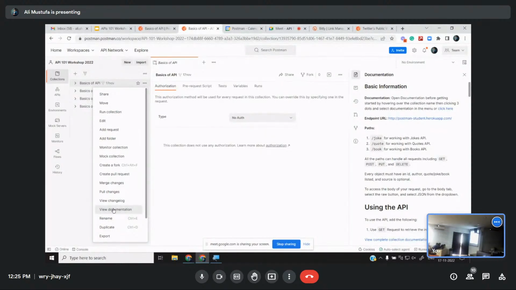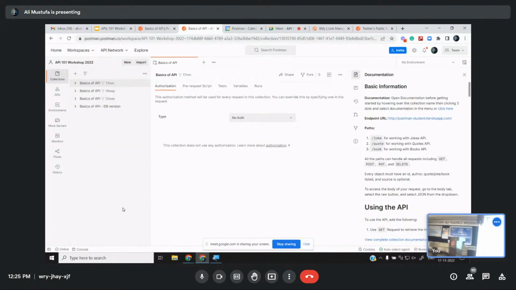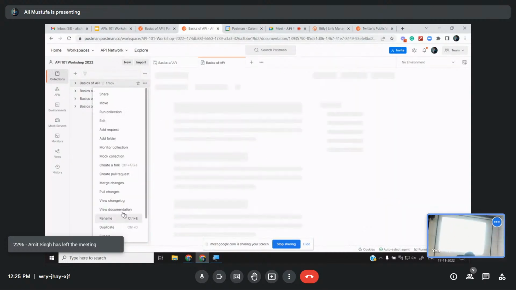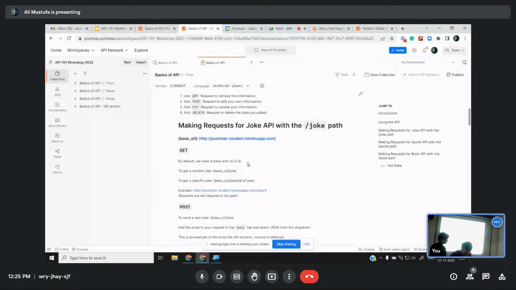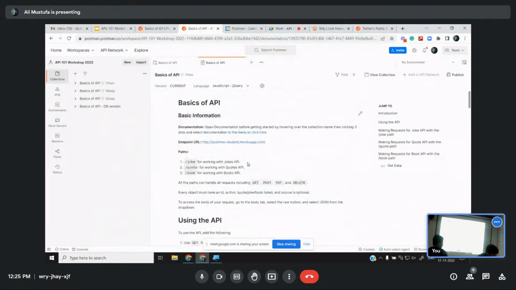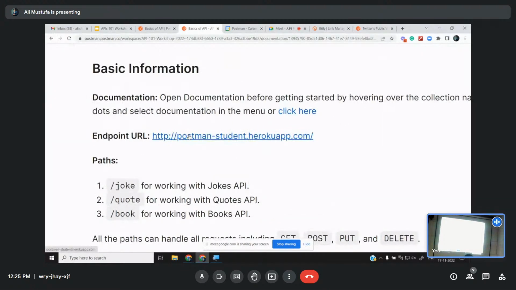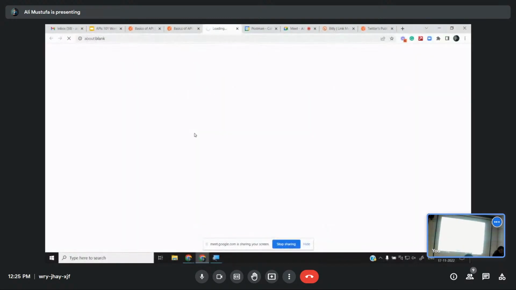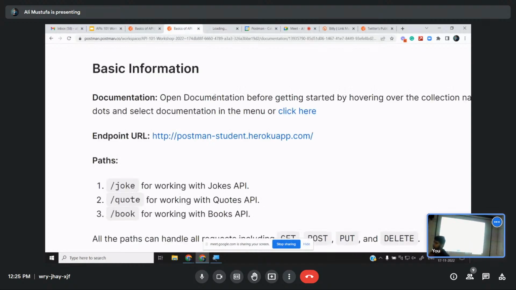Once you click on view documentation, it will show you the documentation page. Go to this endpoint URL and tell me what you see. Do you see anything?